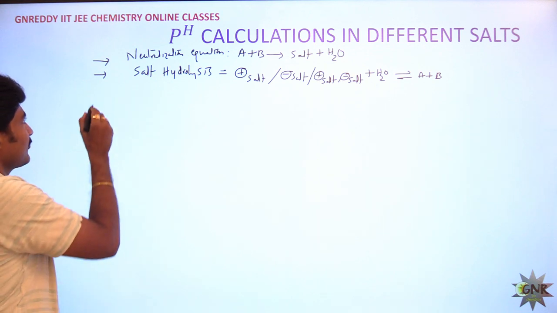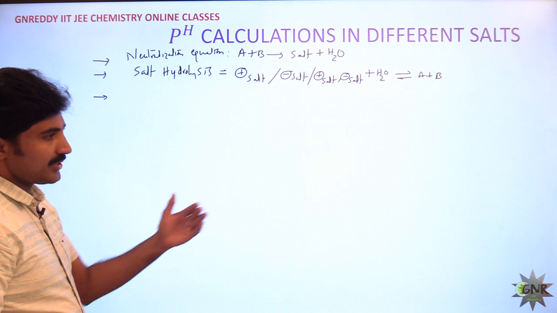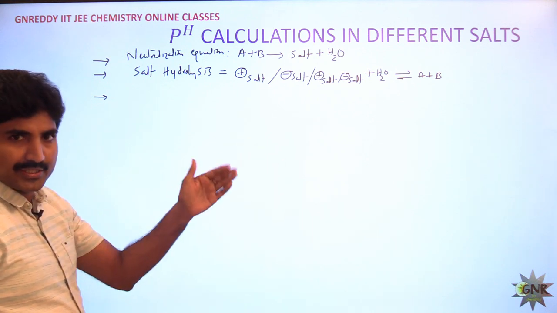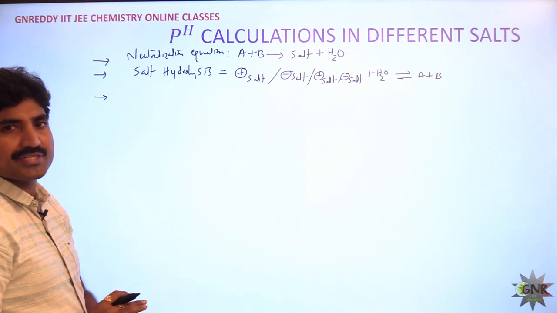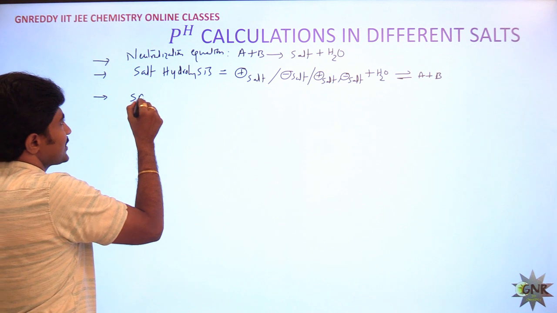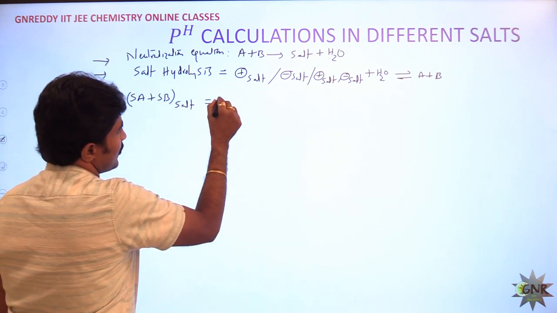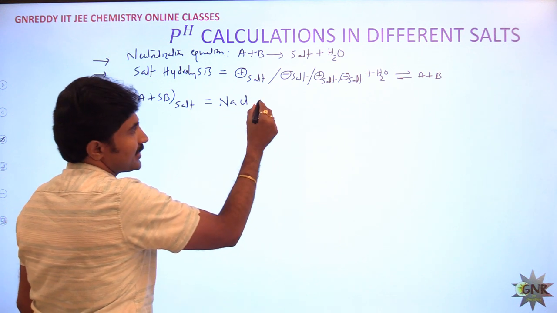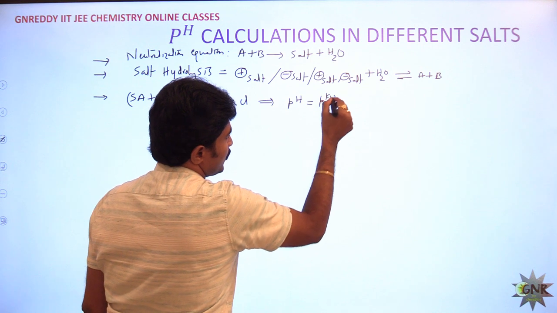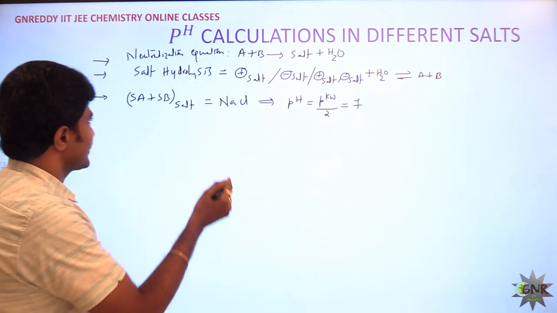So here we have different types of salts, and I am giving this directly because our main motto is the calculation of pH at the various stages during the titrations, those in pH titration curves. That's why I am giving this directly. Here, strong acid, strong base salt, like sodium chloride type salt, and in this pH is calculated by pKw by 2. You know pKw by 2, that is 7 at 25 degrees centigrade.